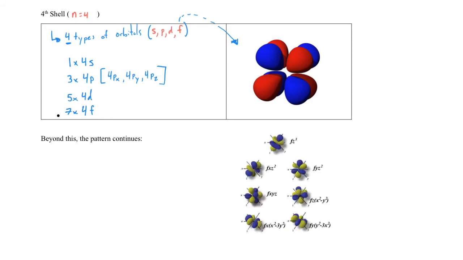And the f orbitals, they're quite complicated. These are all of them here. We see a similar pattern as we did with the d orbitals, where they're oriented along different axes, and then we get this toroid-looking one,